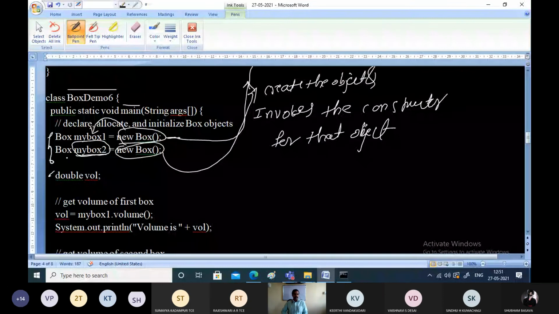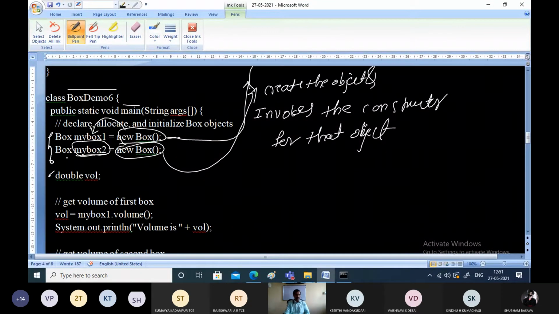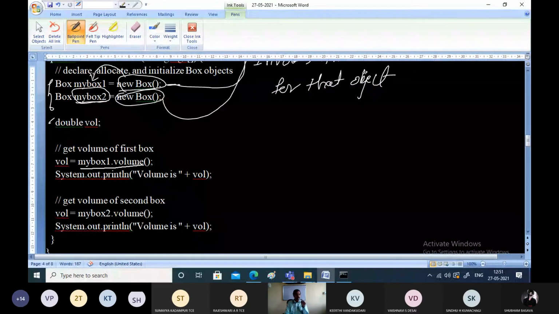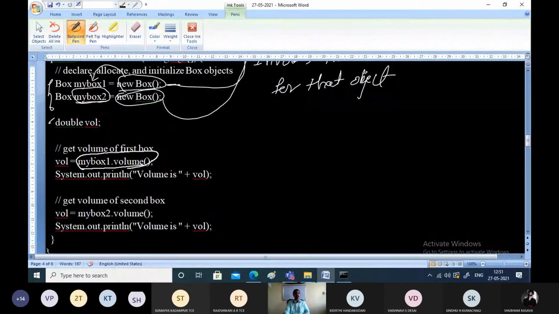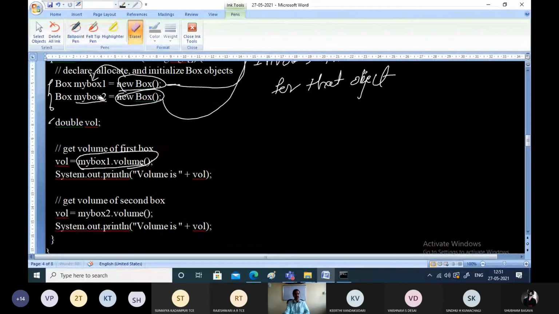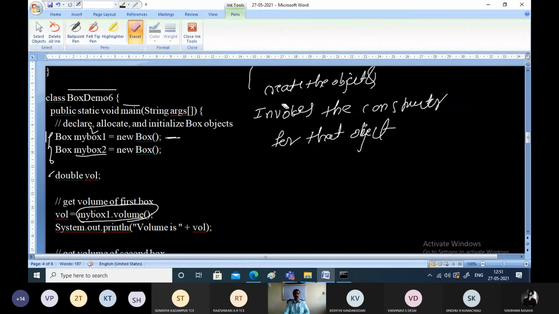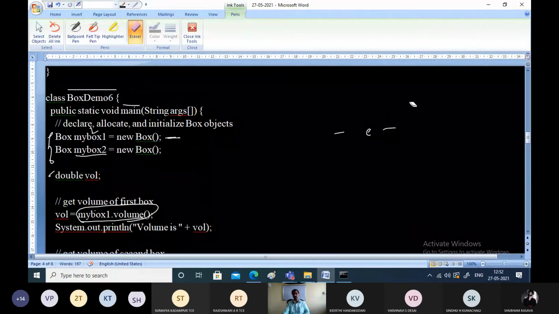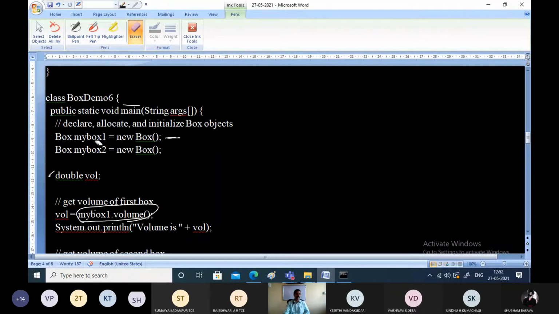Next, the volume1 temporary variable is being declared. Now what we are doing here is calling the volume function of mybox1. That means invoking the member function volume onto the mybox1 object. This causes the volume member function to be called.